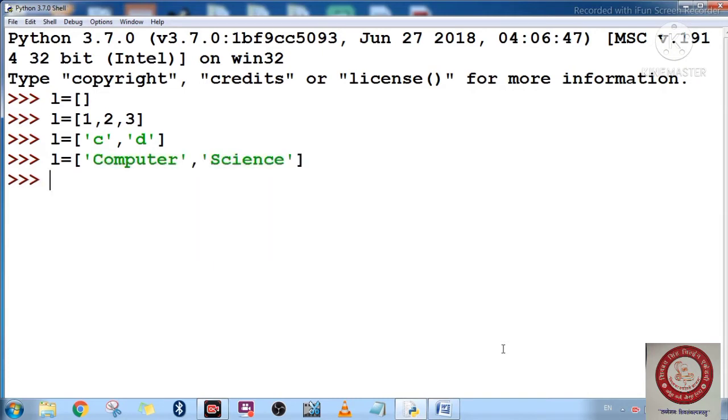See, nothing is a problem. Okay students, suppose I want to see the result. See, this is a kind of list where you have only 2 elements. First element is computer, second one is science.